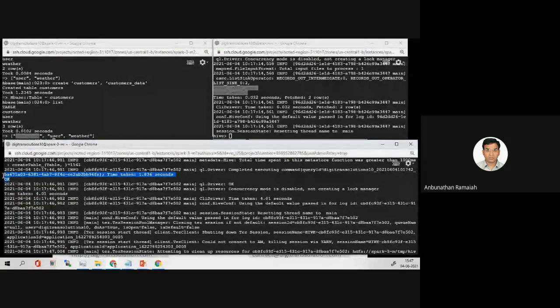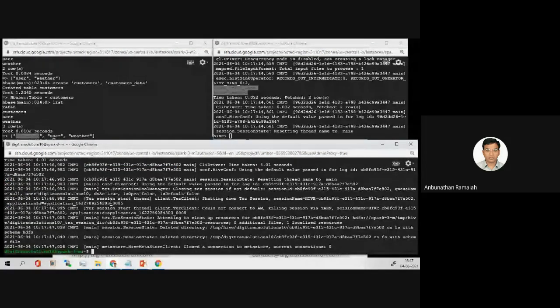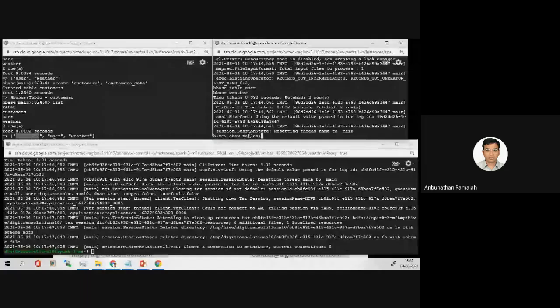Okay, it's coming. Show tables. Here you see, again this table is added. Now let us see whether we can display the values.